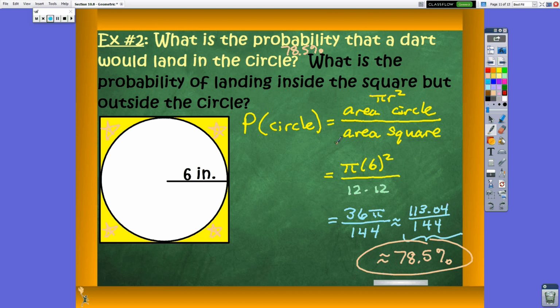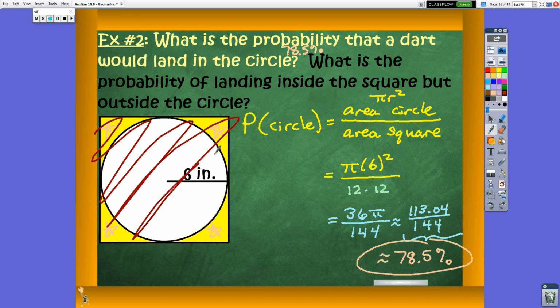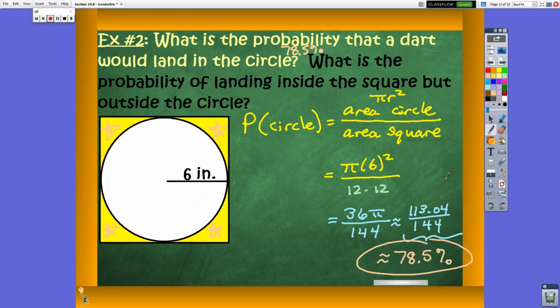There's really only 2 regions that we're saying that the dart could land in. It could land inside the circle, or it's going to land outside the circle, but still inside the square, which means the total square, if we're guaranteeing it's going to land in the square, the whole square has a